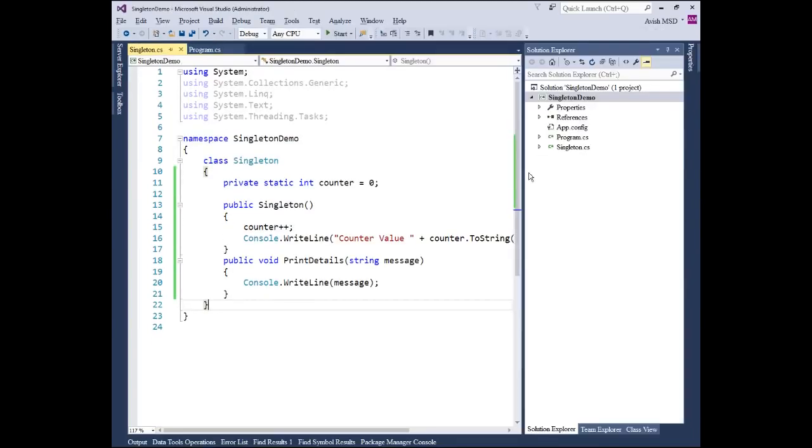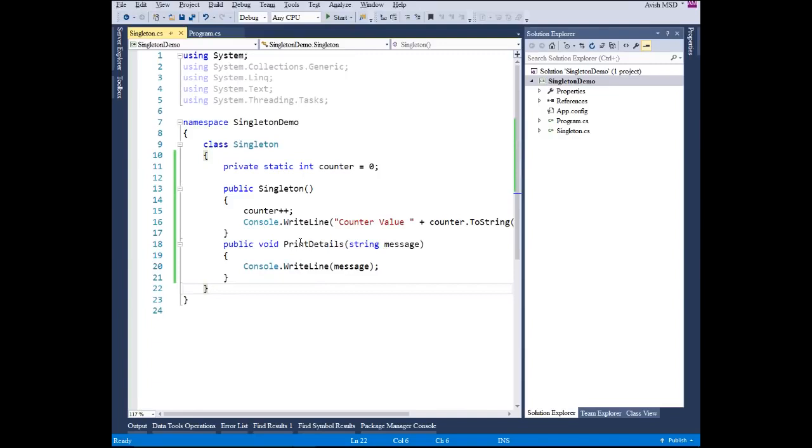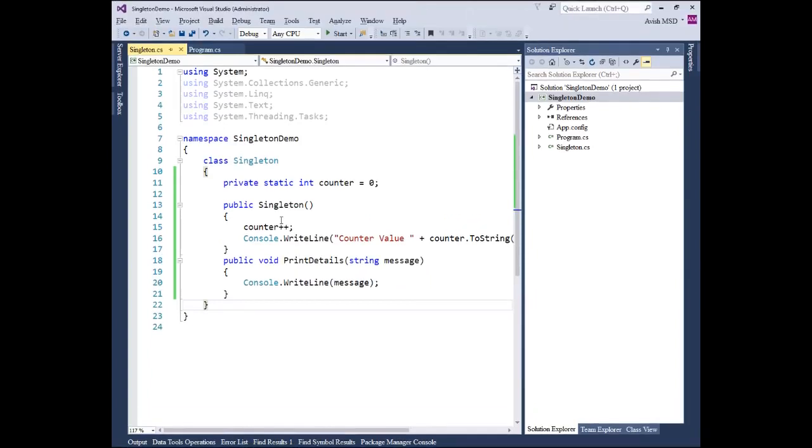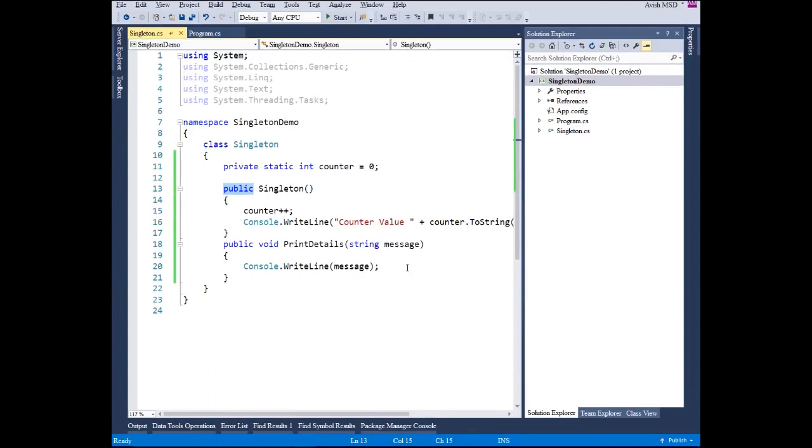Now that we have proved it's unnecessary to create a new instance of an object for common methods like print details, let's see how we can avoid that. The first point that comes to mind is to restrict multiple instance creation. We can achieve it by making all constructors private and changing the class to a sealed class so that it's not inherited anymore. Let me change this public constructor to private, and let's also make this class a sealed class